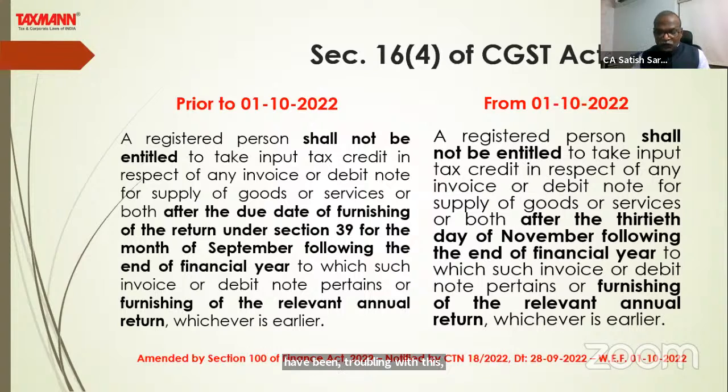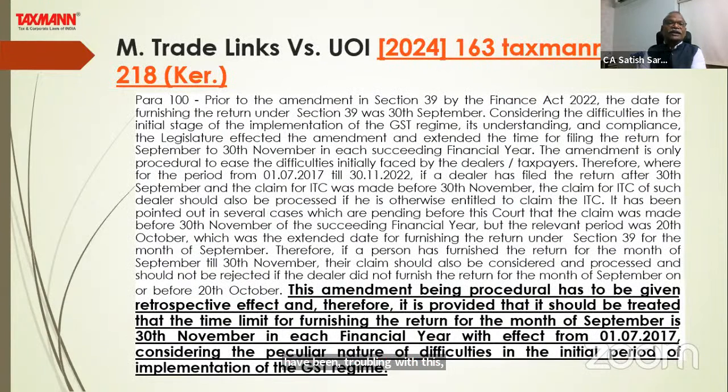In one notable judgment of the Kerala High Court, M Trade Links versus Union of India, a 2024 judgment reported at 163 taxmann.com 218, the Kerala High Court went into various provisions of the law, Section 39, books of accounts and all other provisions, and considered post-amendment and pre-amendment positions. The Kerala High Court finally gave a verdict that this amendment, being procedural in nature,